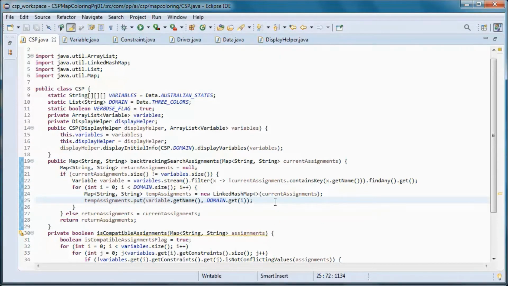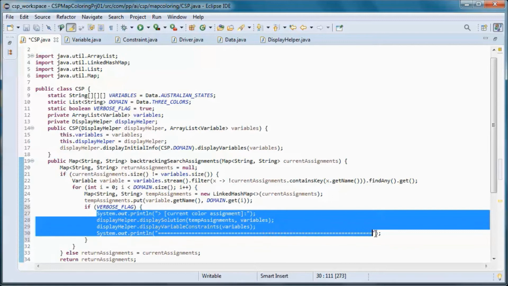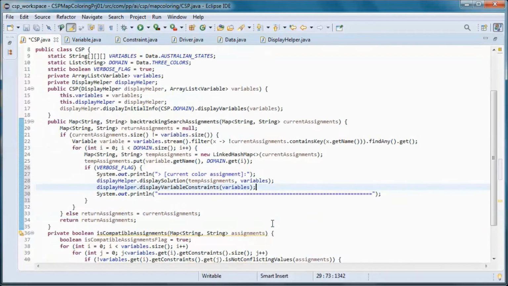And if we are running in verbose mode, then we go ahead and display this information.